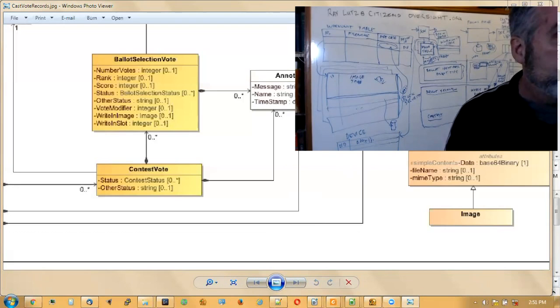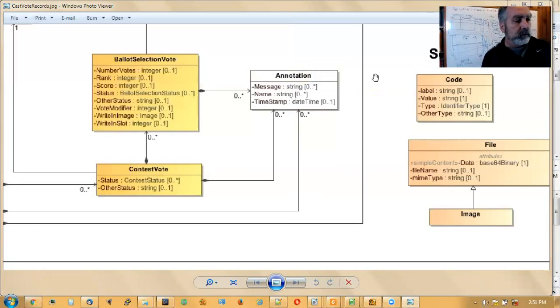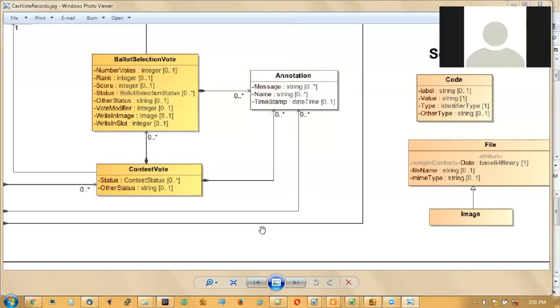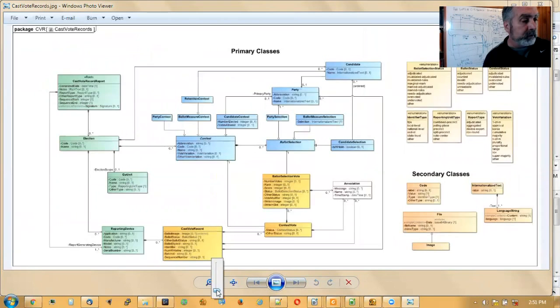Okay. Well, we've been talking at the CVR, the Cast Vote Record Standards group, and they had proposed, let me get back to looking at, I believe you can see my desktop here, and they're these classes, but really this is UML, which is Unified Modeling Language. It's really not appropriate for,